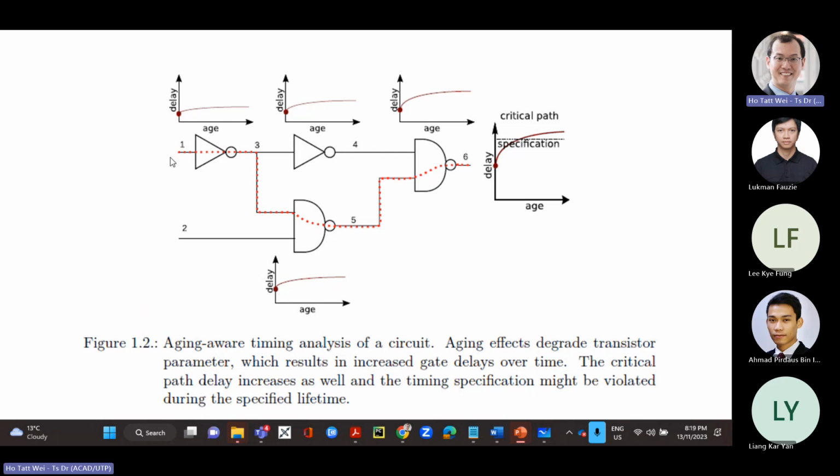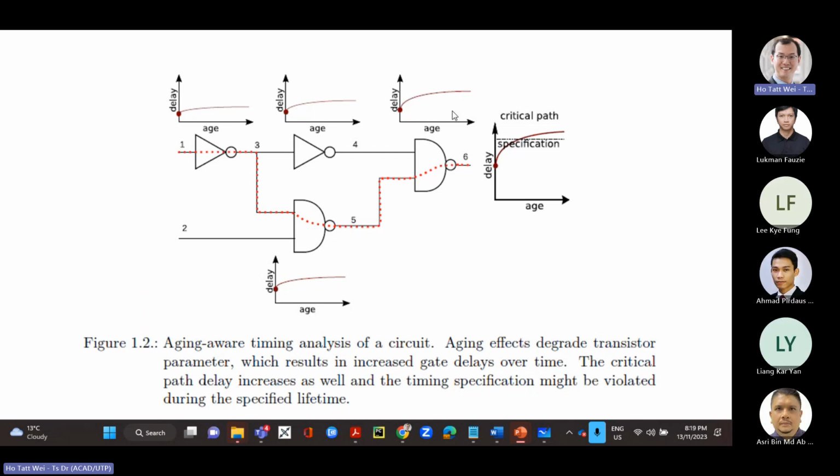And you will see that the rate of slowing down the delay is sort of different for each gate. Some gates will have a greater slowdown. Some gates will have a less slowdown. And we're going to be analyzing what are the main effects of slowing down this gate. So there are two things that happen. One is the slowdown of gates, and especially it's just transistors actually, but that slows down the gate. So what happens is, as a function of age, the longer you use, we're talking in years, the delay will get longer and longer. That's why the delay goes up.